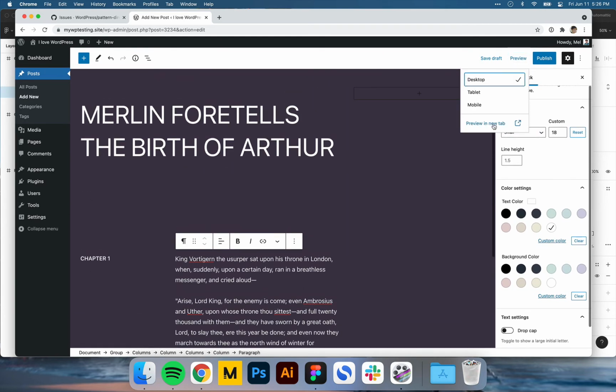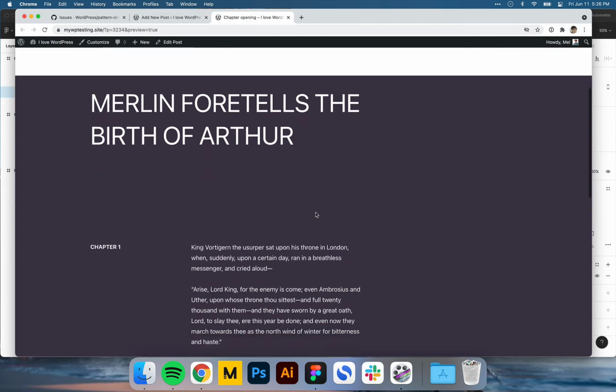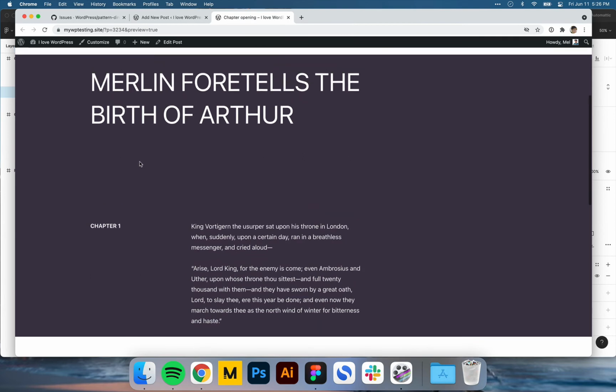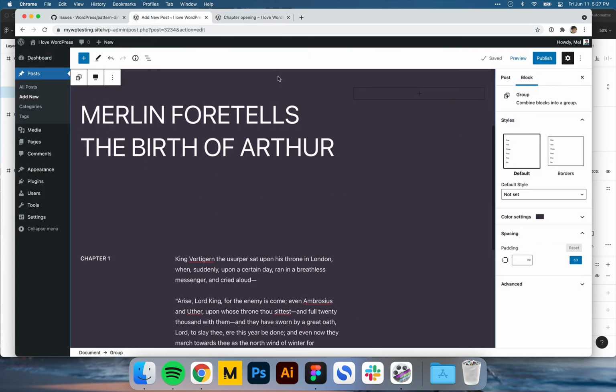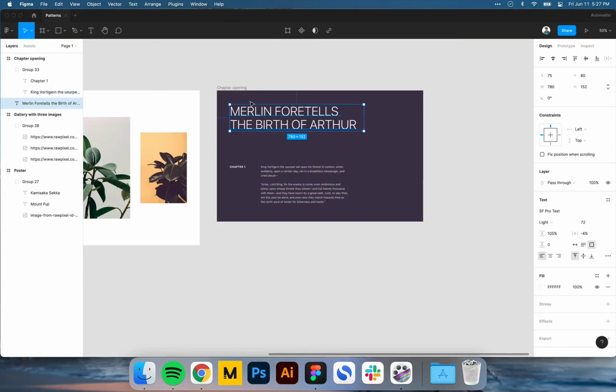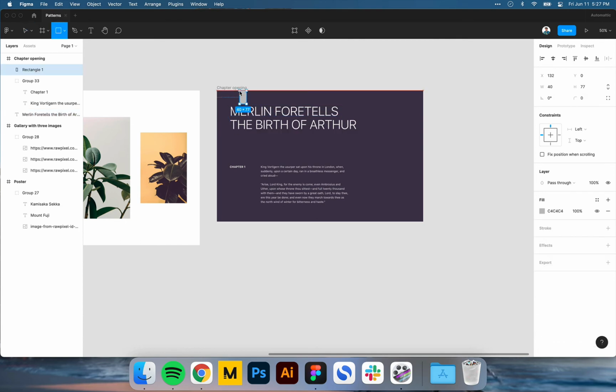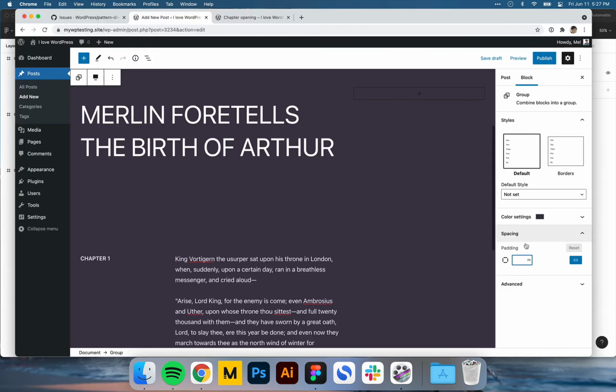So let's preview this. And it looks pretty good. One thing that isn't great is how tight it is on the top and bottom. So since I chose to do a group, I have access to this padding here. And let's see, how much is it here? So it's about 80 pixels.